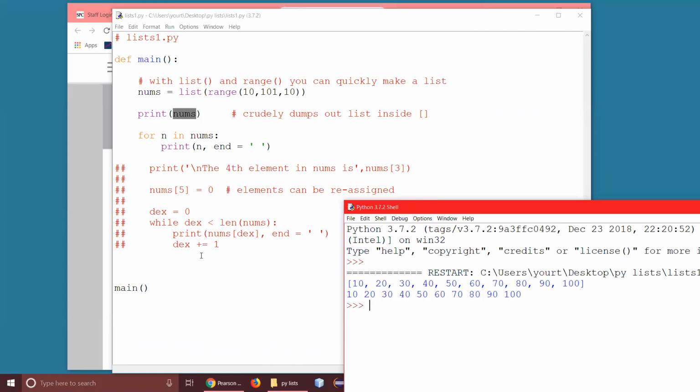Usually what we want to do is process a list with a loop. And loops and lists are made for each other. Programmers love working with lists and loops because you can so